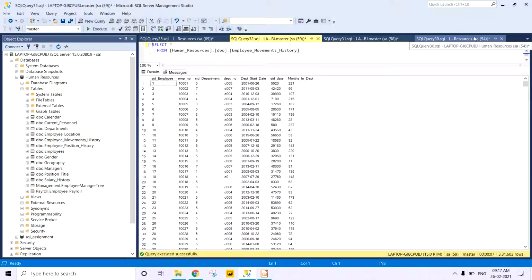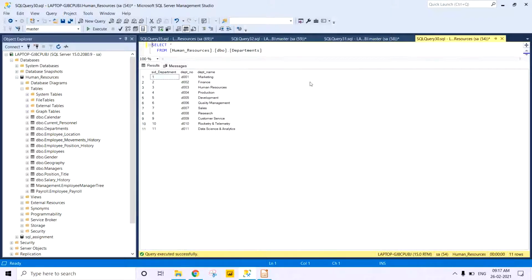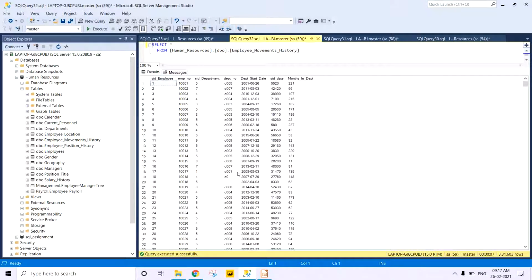We can either join it on the department number or the ID columns. But as we can see here, the department number column doesn't have the correct data in a few places. This has incomplete data, this doesn't have any data at all. And there might be some other cases where it is incomplete. So it is safer to join it on the ID column.